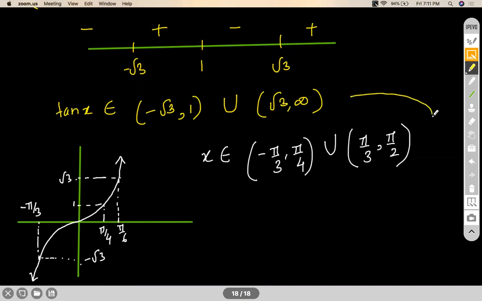So is this transition clear to all of you? Is this transition clear to all of you? Because this is the main part. After that, you have to just add n pi, the period, to each of these upper and lower limits. So you can either be in this zone or this zone. For being in this zone, your x should be in this zone. Correct? So that is this interval. Or you could be in this zone. For that, your x has to be from pi by 6 to pi by 2, because at pi by 2, it will become asymptotic.